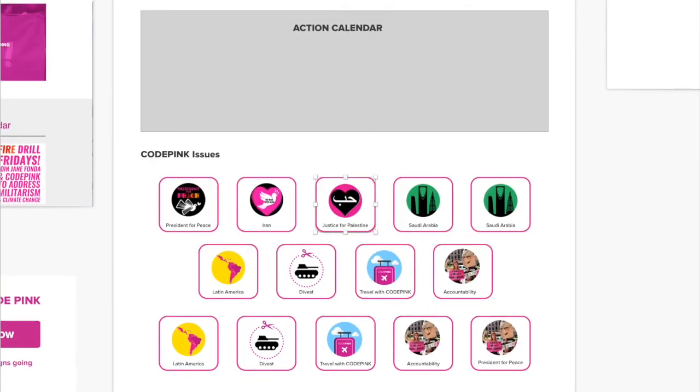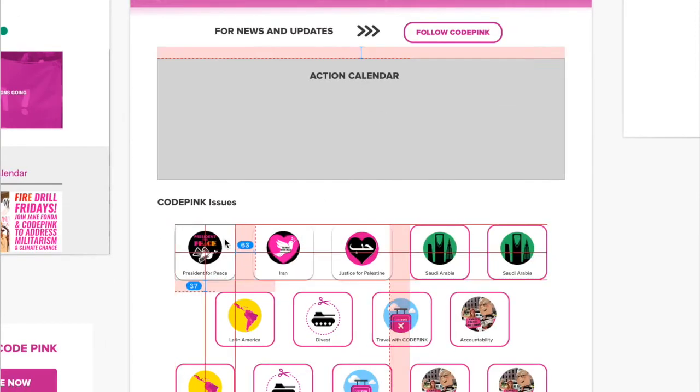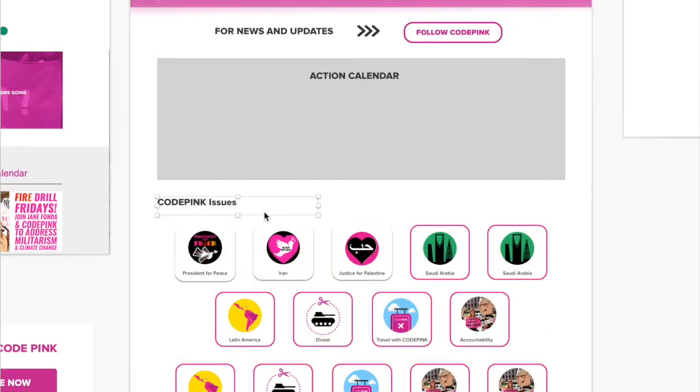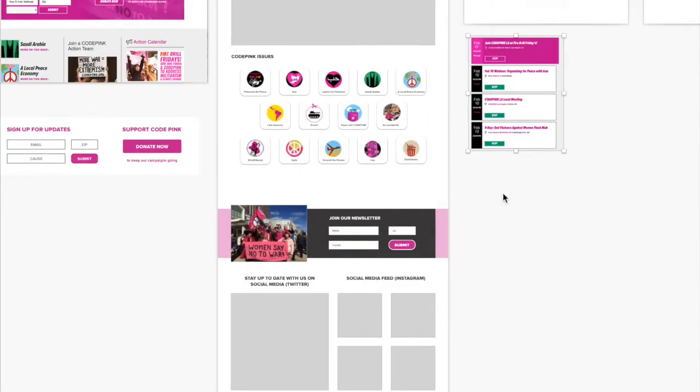I did like having the borders, but what if we just had a shadow? They kind of look like buttons. They could each probably be like pins on your backpack, and then you could click into them. So now I applied the drop shadow to each of the CODEPINK issues, and now I'm going to move on